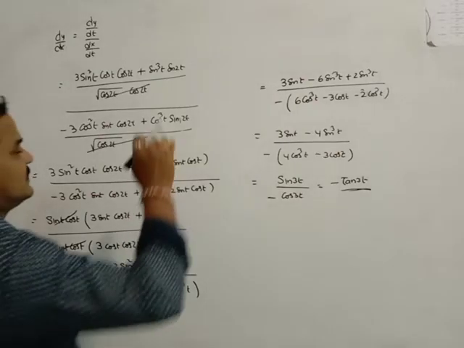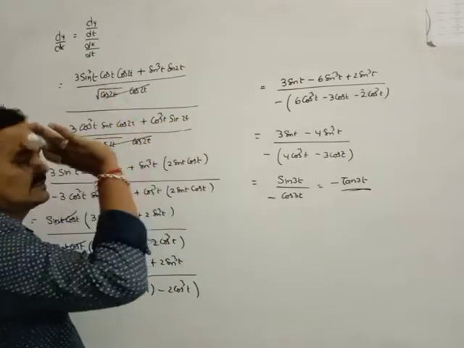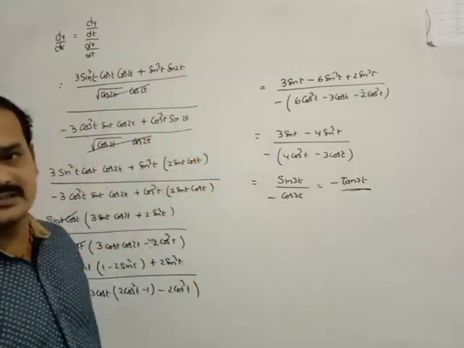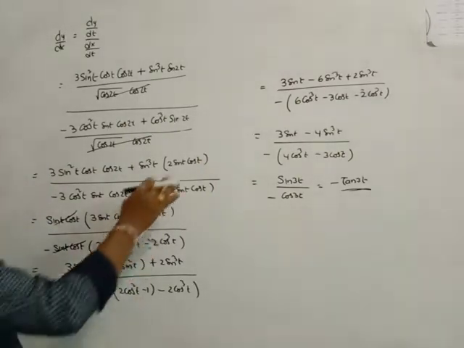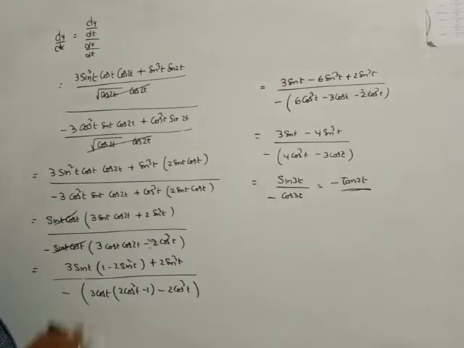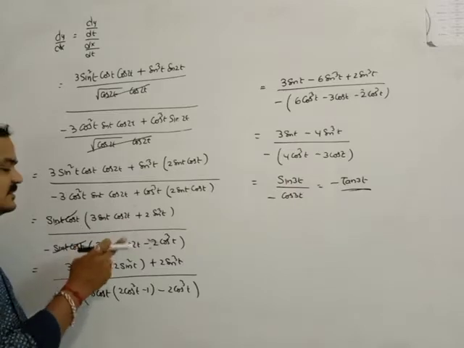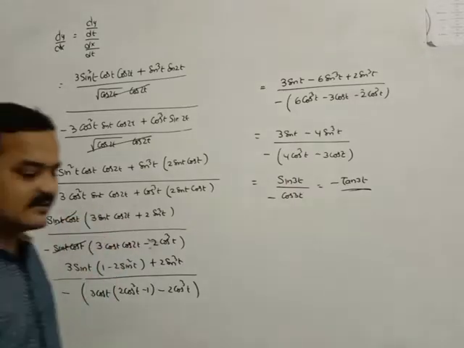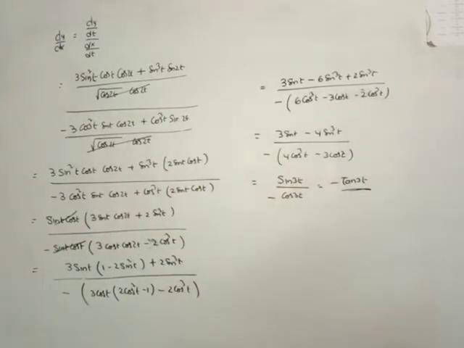What is that? First of all, I need to convert the sine to t. Don't convert any cos functions. First of all, convert the sine functions. The sin 2 theta formula is equal to 2 sin theta cos theta, that I can apply here. After that, sin t cos t can be common. Then in the numerator, the term cos 2t can be converted into a sine function, and in the denominator cos 2t is converted into the cos function. Then it becomes easy and we can get the answer.